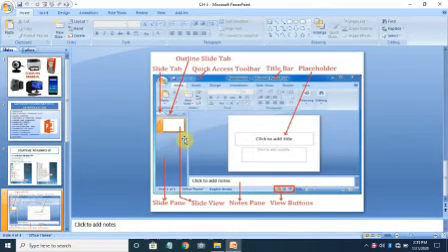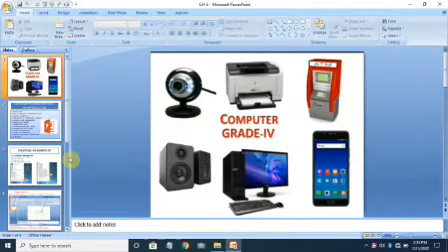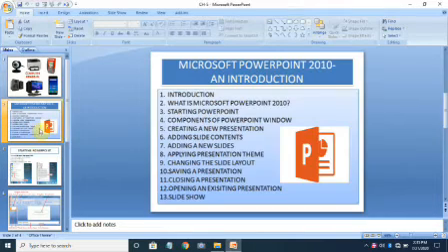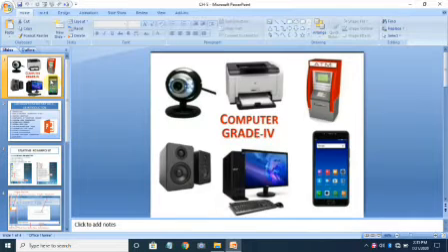Fine. Now our next last topic of this chapter is a slideshow. Now what is slideshow? A presentation may have many slides. So for displaying on a full screen one after the other, this process is called a slideshow. Now you can see here the first slide is containing this one. This is the first slide, and this is a second slide, and this is a third, and this fourth. Now I want these slides should run one by one in my full screen of the laptop, right?